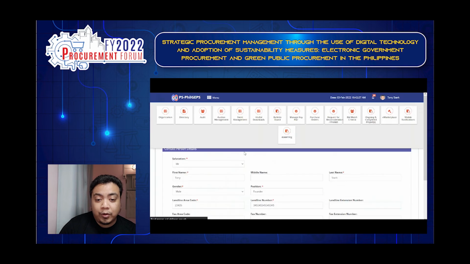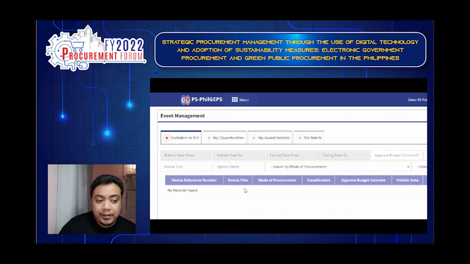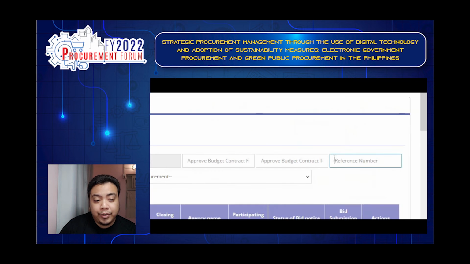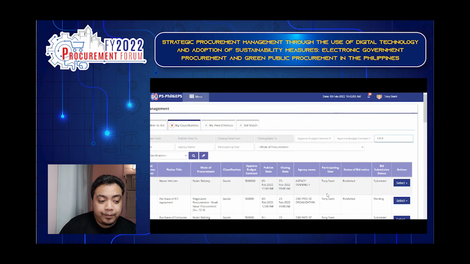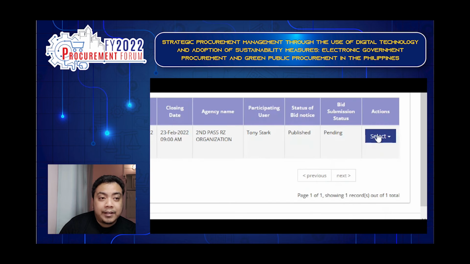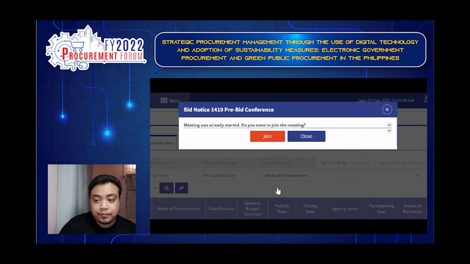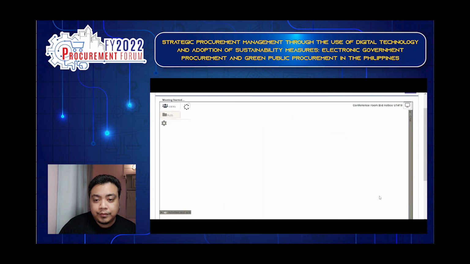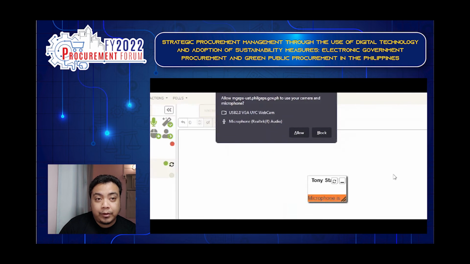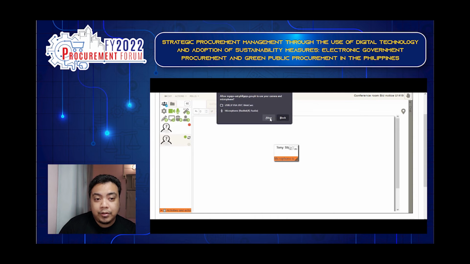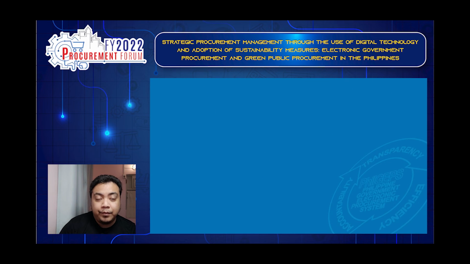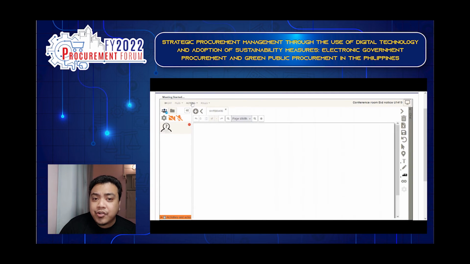When the merchant log in, go to the event management, then go to the my opportunities, then paste the reference number and join the pre-bid conference live. Then click join. So just allow the webcam and the microphone in the browser to activate the audio and video. Now for the share screen and recording from the procuring entity side, click the action, then